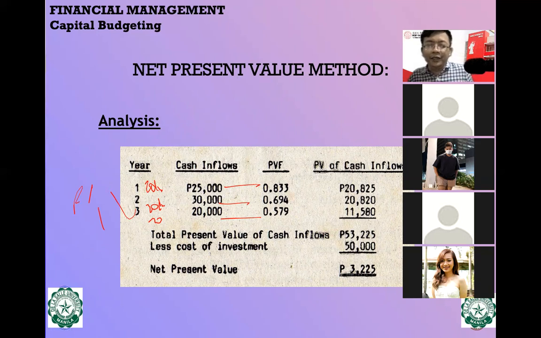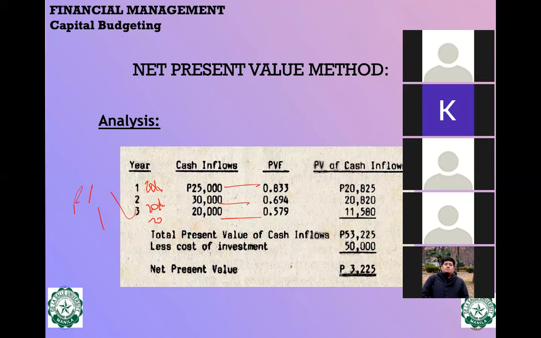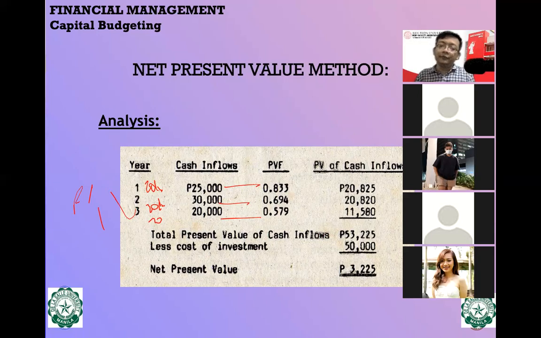Tumawa pa si Marga. Sir, I have a question po. Question, sige. Naintindihan naman sir, pero I'd like to know for quiz or exam purposes, when computing for the present value factor, since dito sa example nyo gumagamit kayo ng 3 decimal places, so 3 decimal places din po gagamitin namin. Thank you, sir.